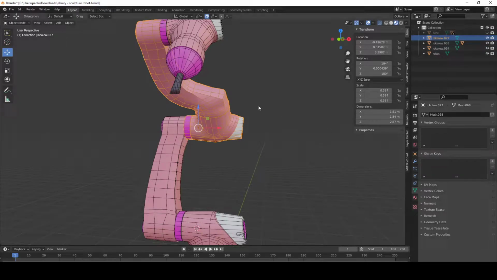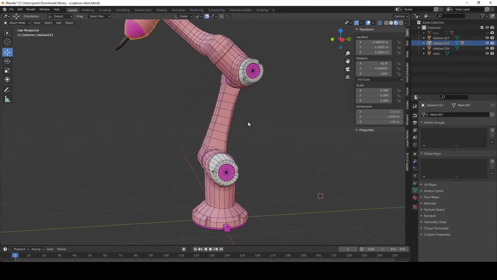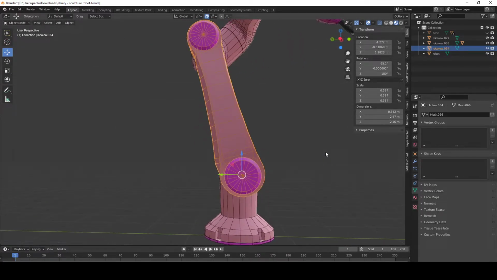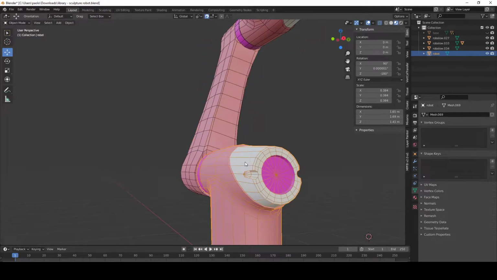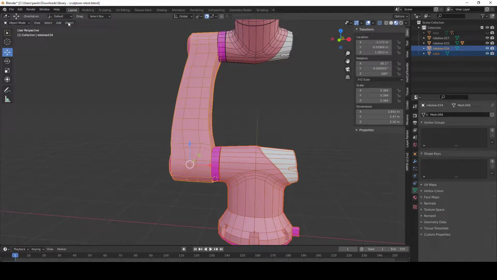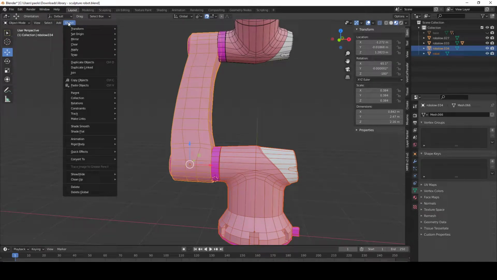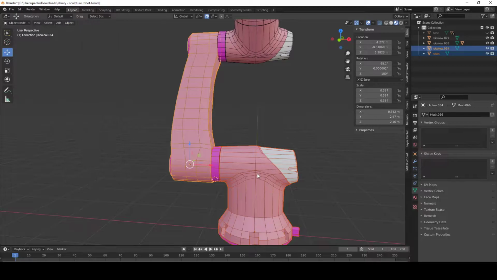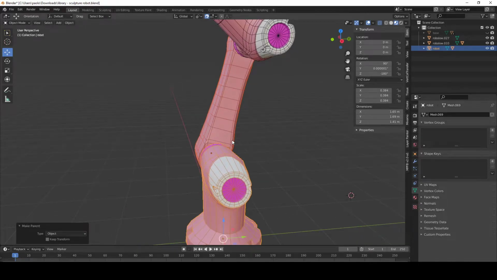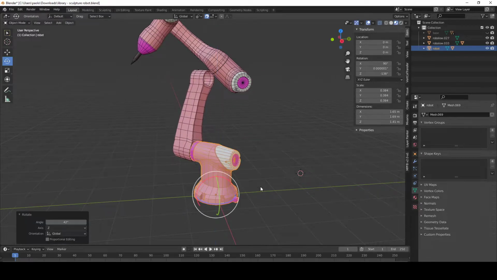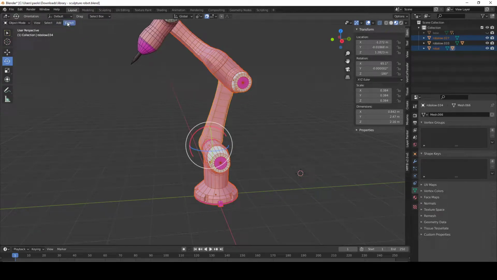meshes. I named them differently, and by the way, you could potentially just parent them, assuming that you have the correct origin. In this case, I actually put the origins where I want the rotations to be, but it's not really necessary, I think, if we are using bones. But let's say that I could do something like this: parent, select two objects, and the active one becomes the parent, and now I can move one object and then the other, and then I can parent this other here, and